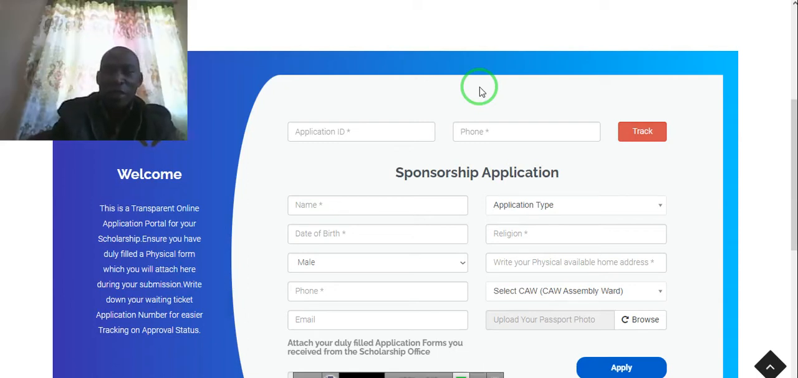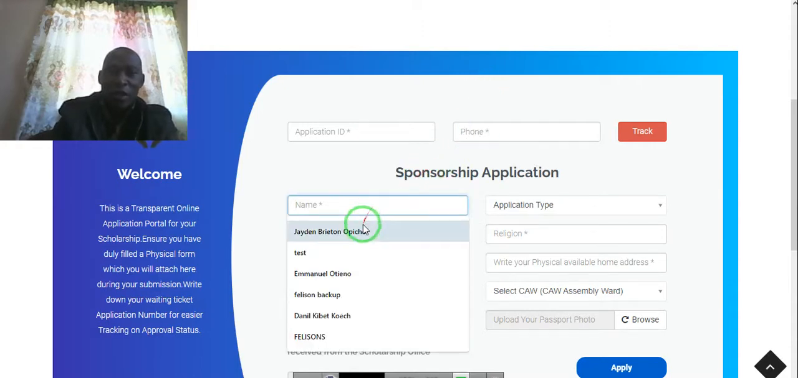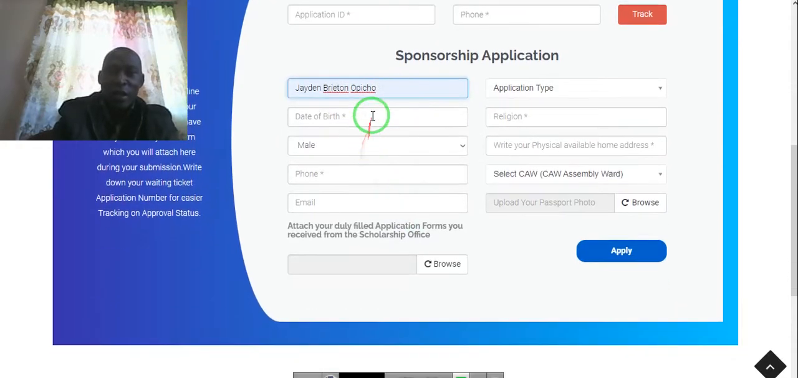My name is Robert Memeti, and I want to present to you what fund management system. The applicants are supposed to fill in their names, date of birth,